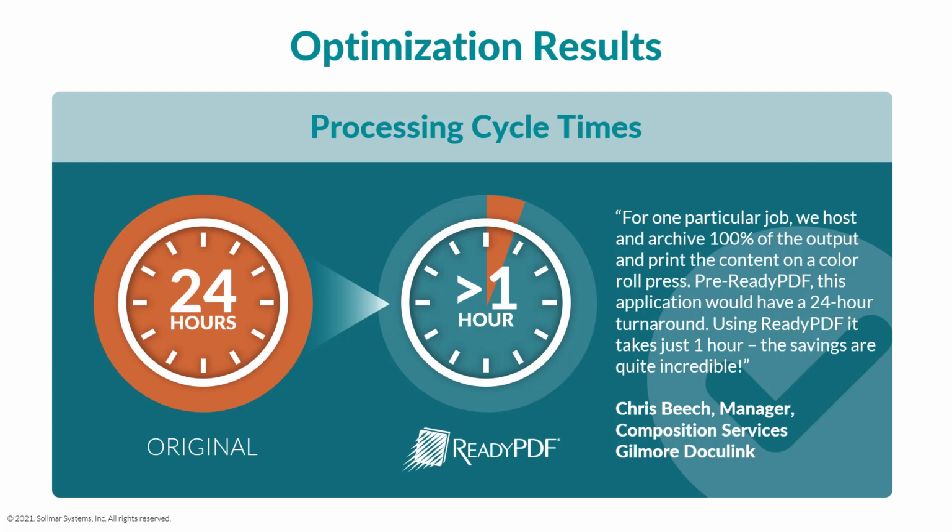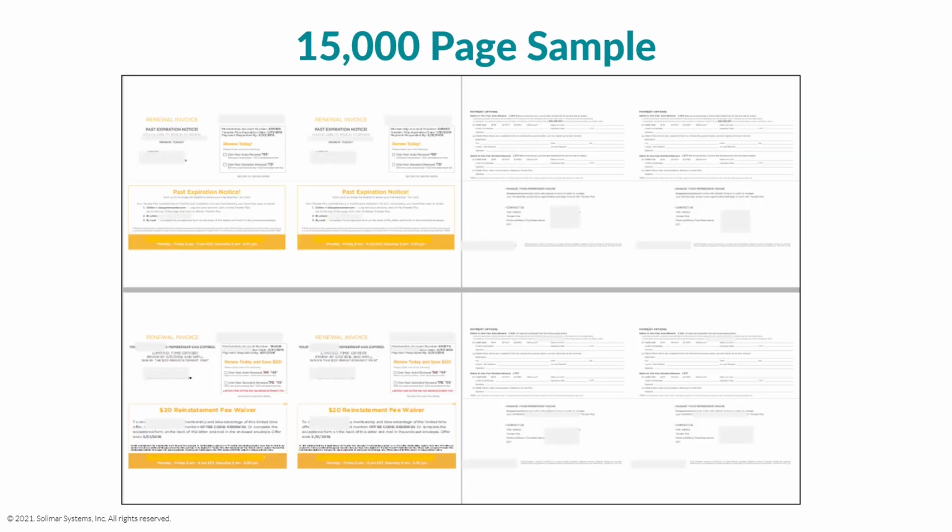Alright, now that we have a general idea of what types of optimizations customers use ReadyPDF for, let's take a look at a use case and a few sample application results. As an example, Canadian printer Gilmore DocuLink reported an impressive reduction in processing time from 24 hours down to only 1 hour. The first application is a direct mail postcard with fronts and backs 2-up that would cause clutching on